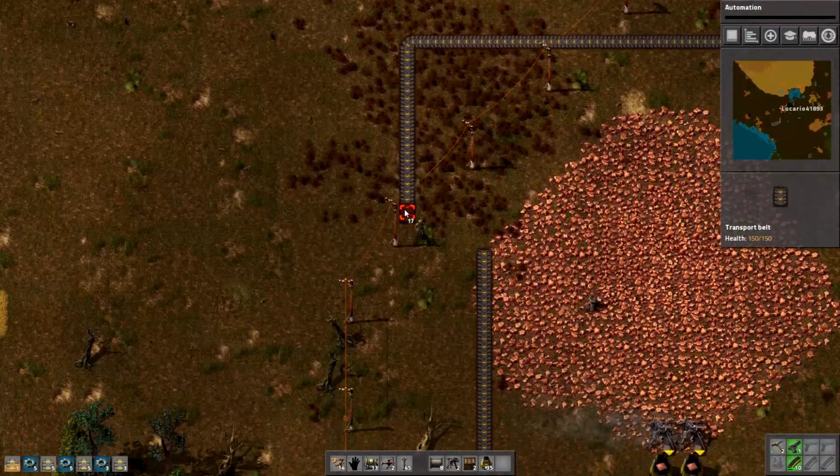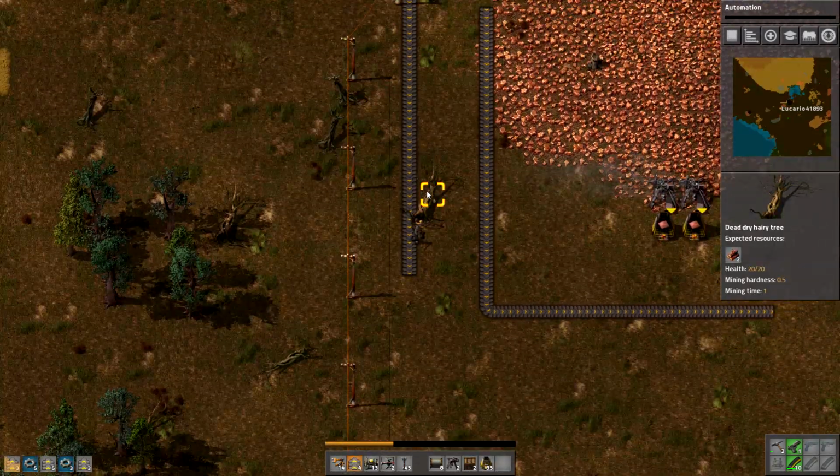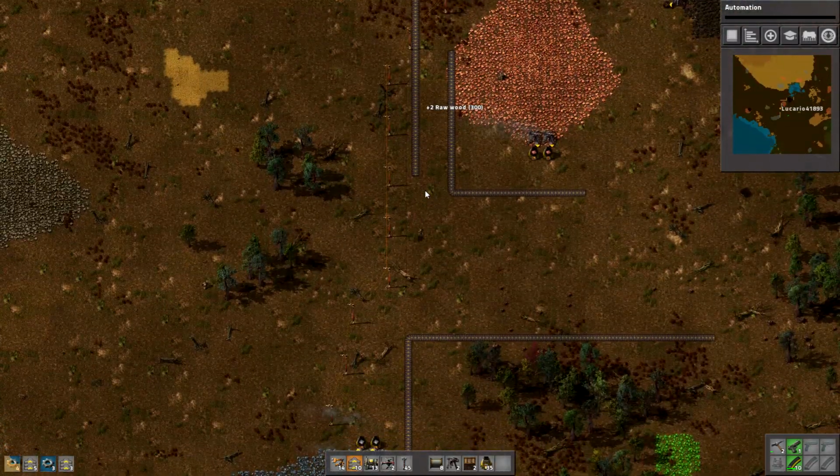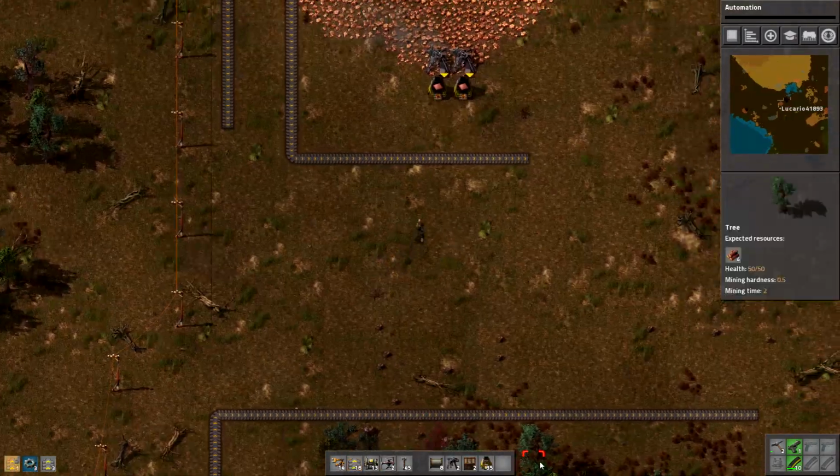And there we go. And, oh, we didn't run into the tree. That's impressive. I thought we were going to run into that tree. And that's all that. And then we want to start placing these...